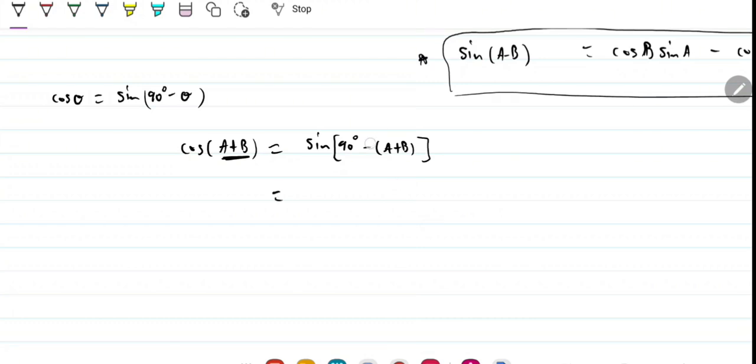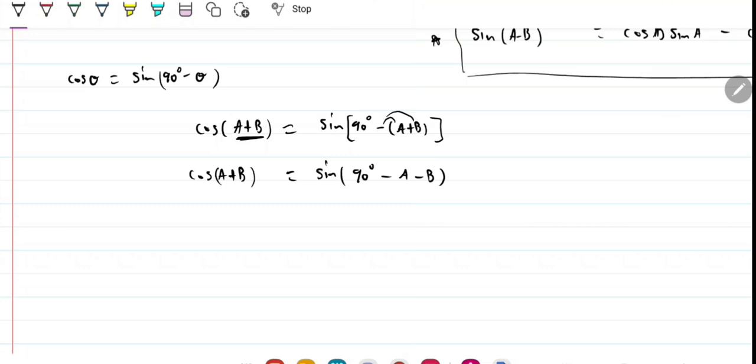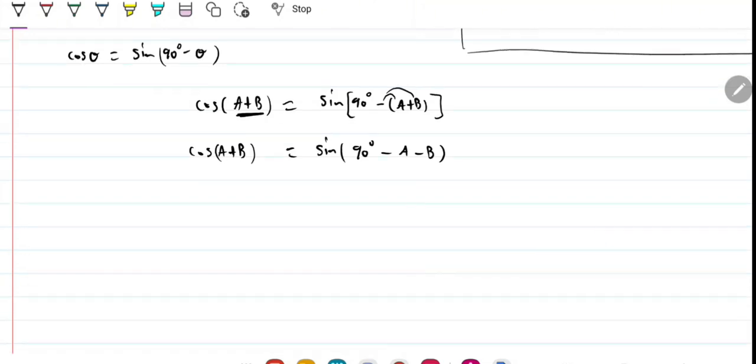Now, I'm going to distribute this minus. So that'll give me 90 minus a minus b right here. All right. Good. Now, we can treat this 90 minus a as though it's one big angle, right? And I just have that b there. So let's call this big angle c, right? So I have the cos of a plus b is equal to the sine of c minus b,